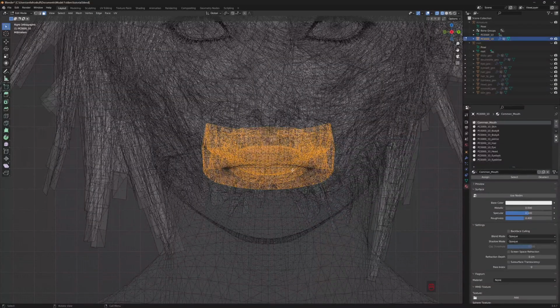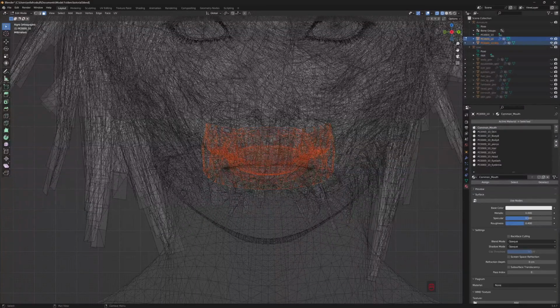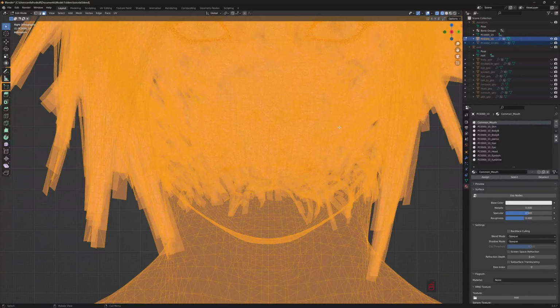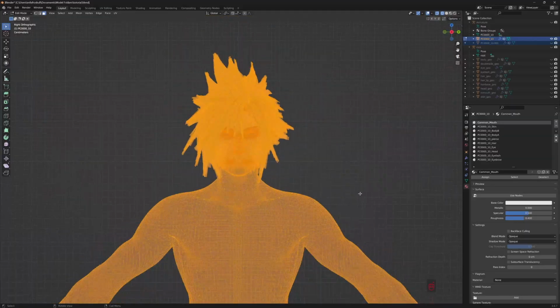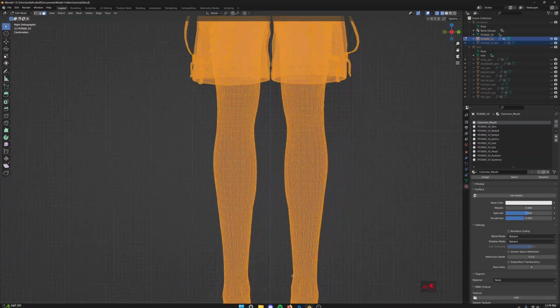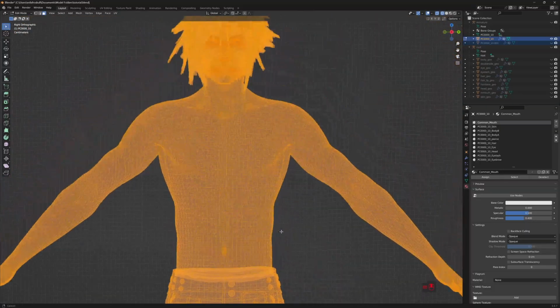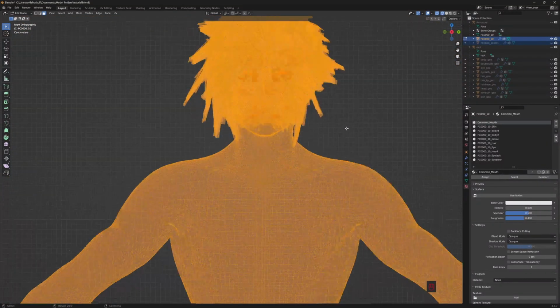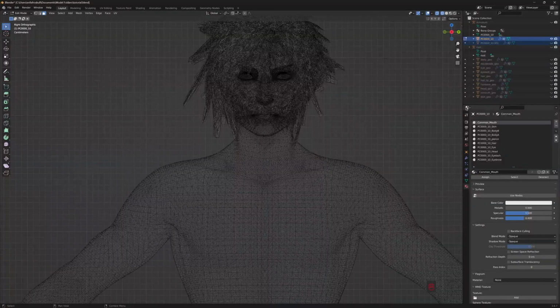So to make this its own object, we can hit P, and that will separate, and we will choose by selection. You can also hit A to select everything, and hit P by material, but we are going to need parts of Cloud's, obviously his sandals and his shorts, so it's better to separate by selection instead. So we're gonna choose his hair next,